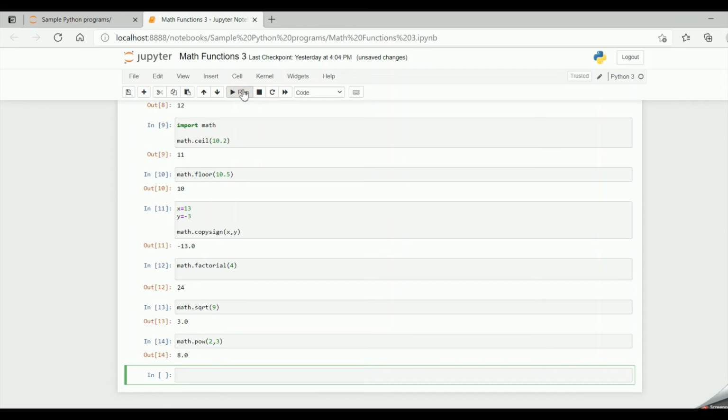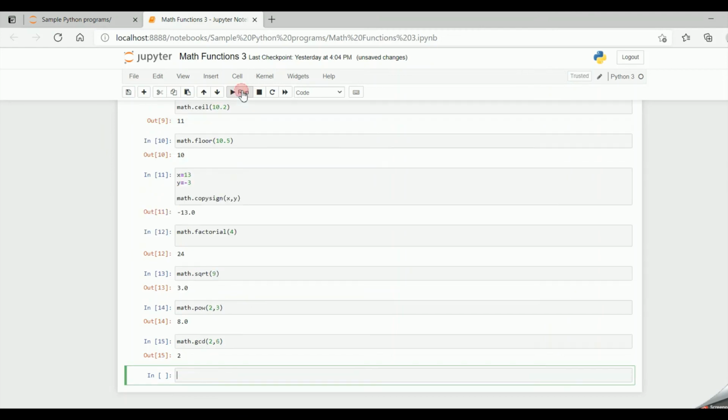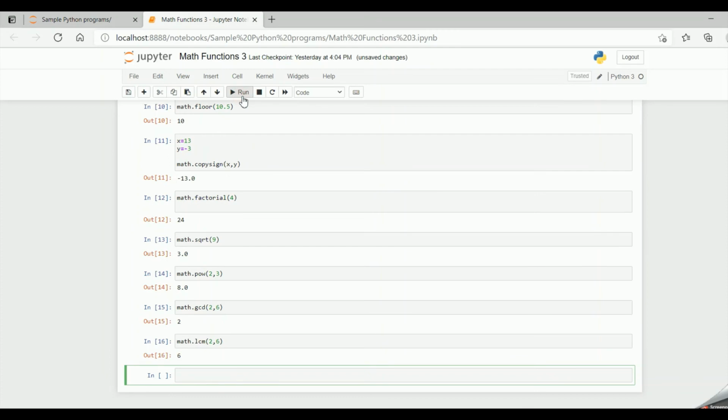Now let's quickly move on to GCD. If I give 2, 6 and run the code, it will return 2, which is the greatest common divisor of 2 and 6. Now let's see LCM. If I give 2 and 6, if I execute the code, I get 6.